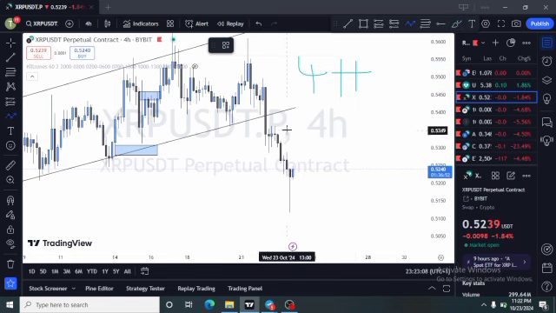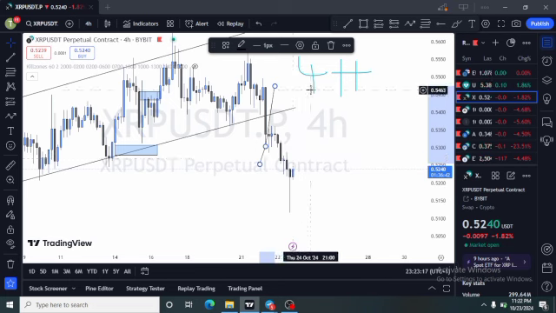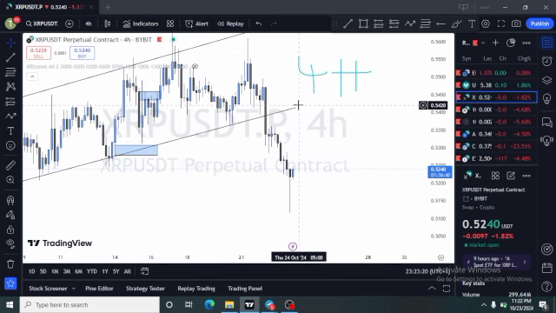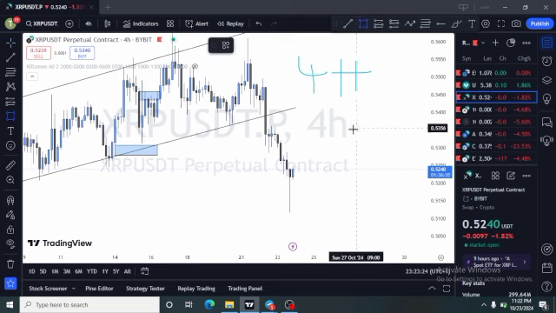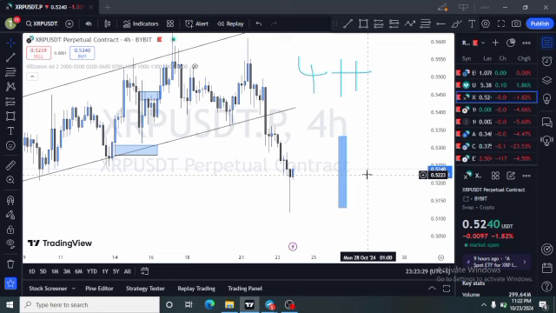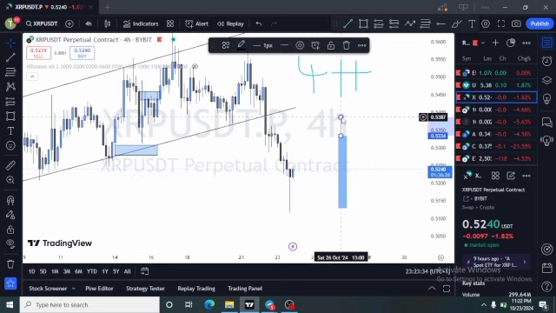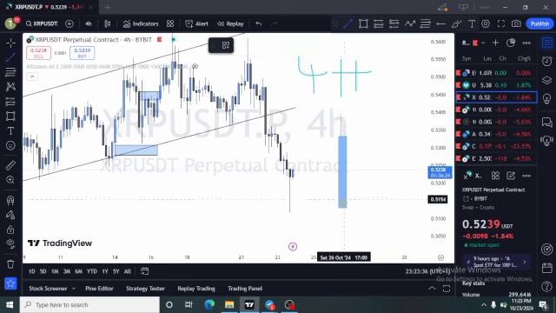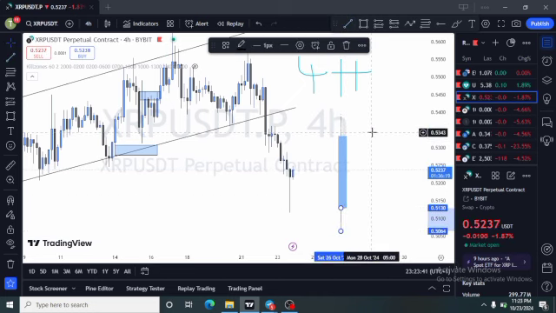If this candle shows that the market went down in 4 hours time, this particular candle shows that the market went down in 4 hours time. Now what I want you to understand is how candlesticks work. Let's just imagine that this is a candle. A candle is made up of 4 things: the open, the high, the close, and the low. Now I'll be explaining that.